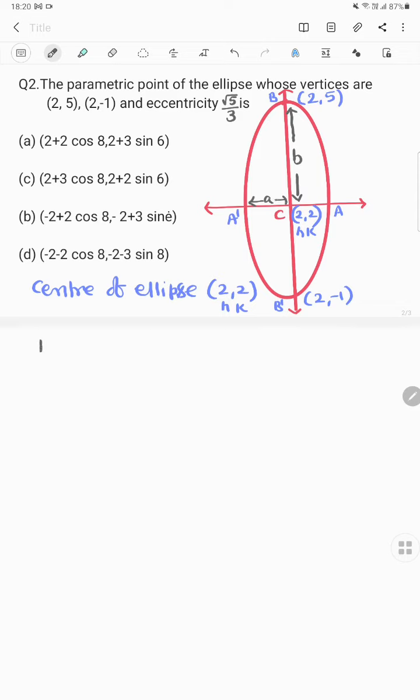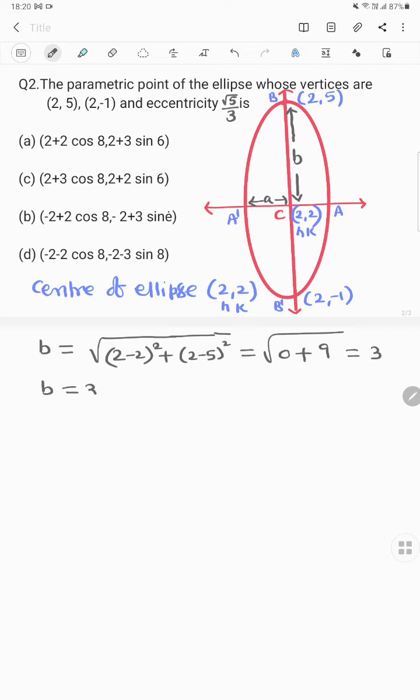So b is equal to the distance between these two: root of 2 minus 2 whole square plus 2 minus 5 whole square, which is equal to root of 0 plus 9, that is equal to 3. So b value equal to 3,